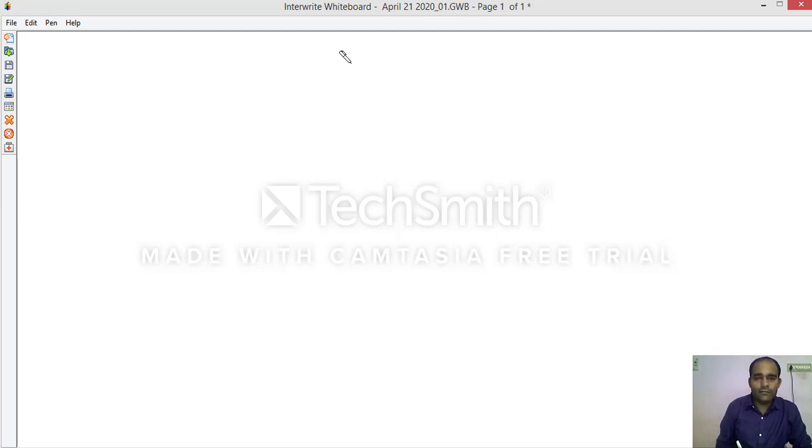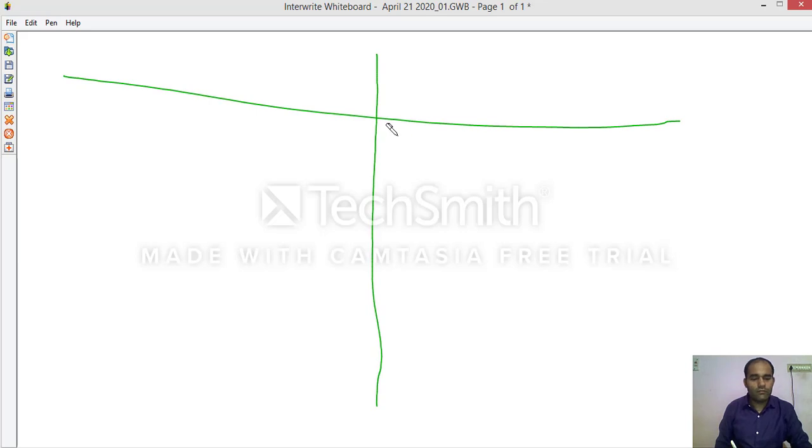We have learned meter and centimeter, rupees and paisa.